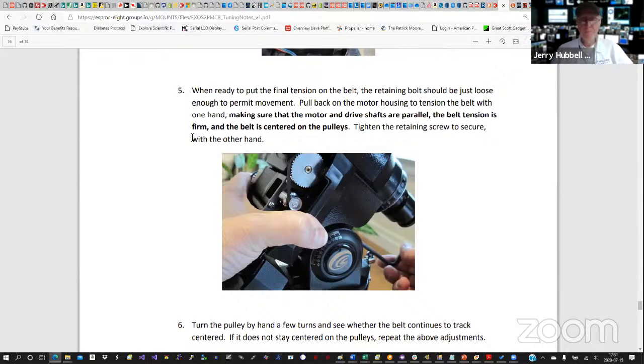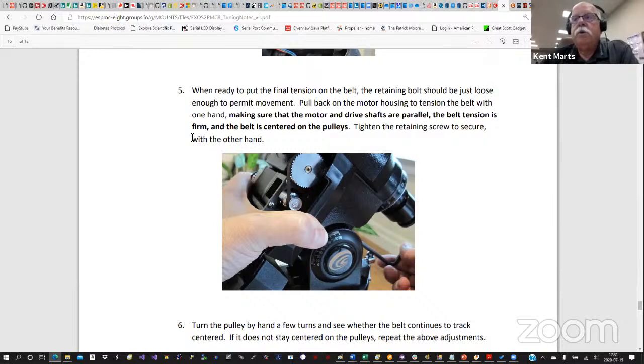Sure. Mike also asked, any idea when the Exos 2 goes on sale again? Probably never. The costs are starting to rise from materials, labor, transportation, everything's going up. And I'll never say never, but when you look at it from a cost standpoint